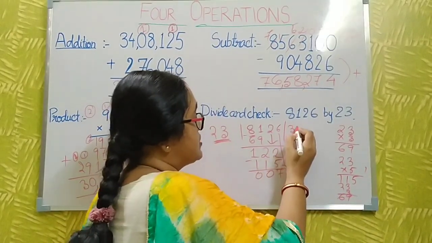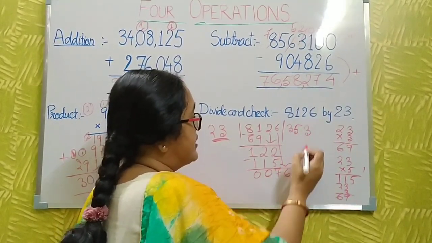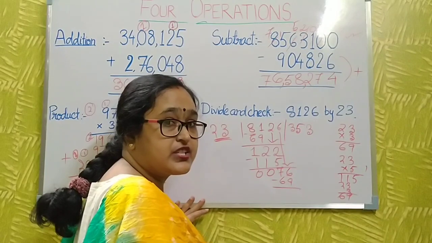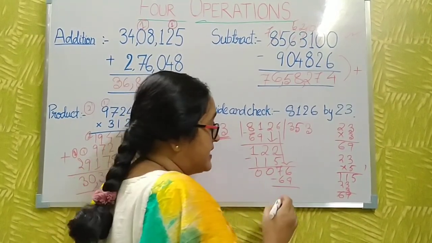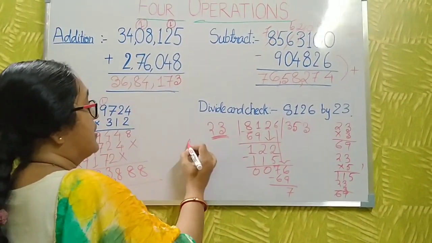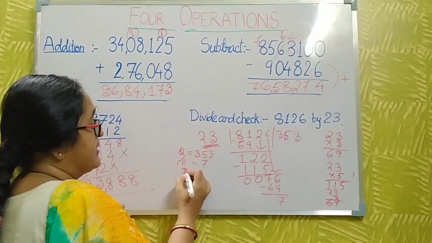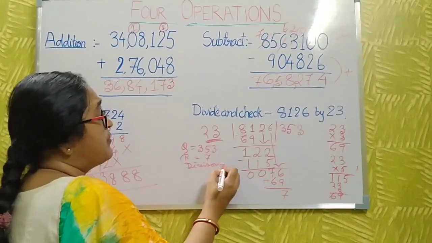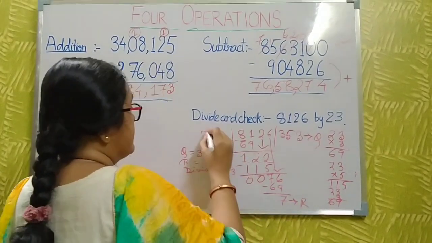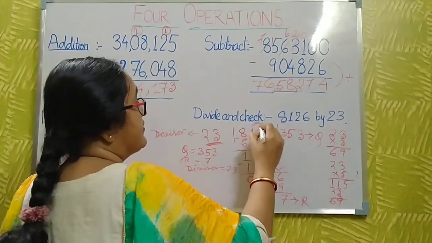Okay. Now I put here 5 and here 3. This is 69. Then 16 minus 6 means 16. 16 minus 9 is 7 and 1 carry over, yes, 7 is the remainder. Now the quotient is 353, the remainder is 7, the divisor, all of you know the divisor. This is the quotient, this is the remainder, this is the divisor, and this is the dividend.